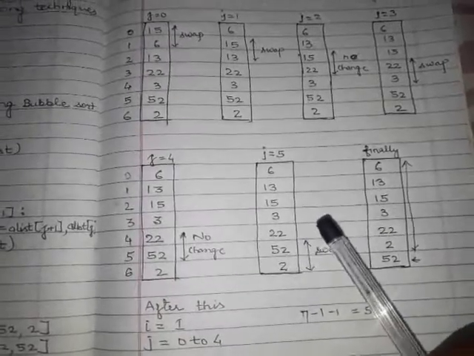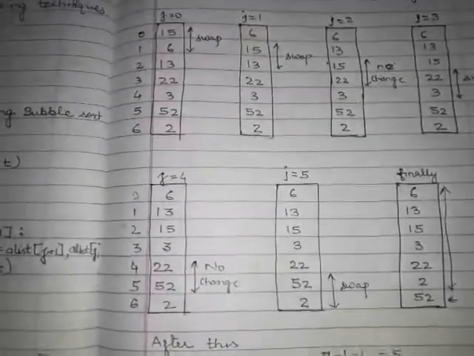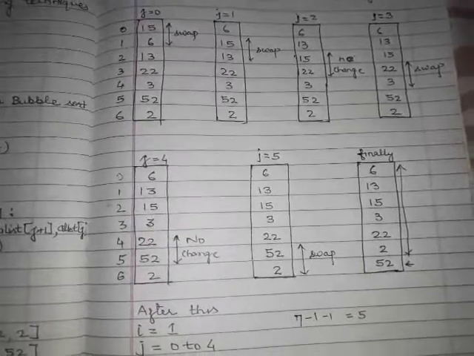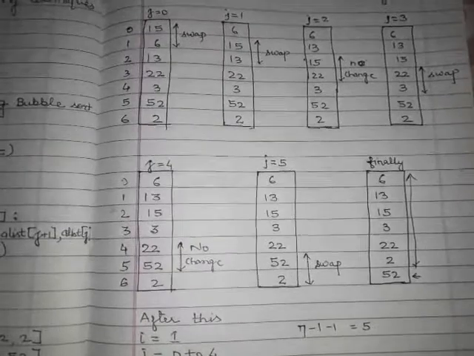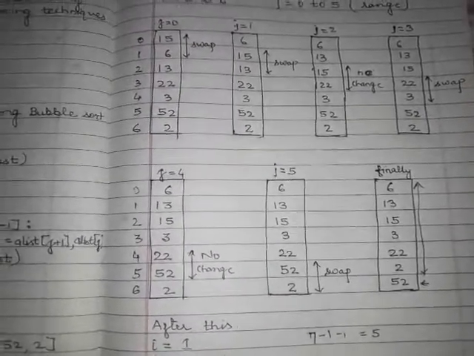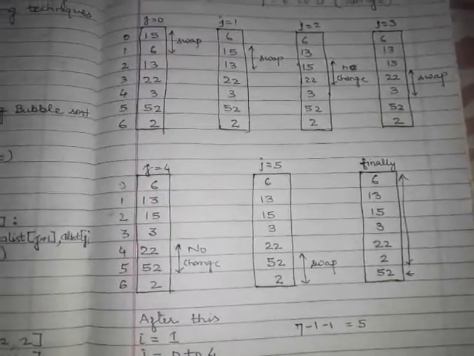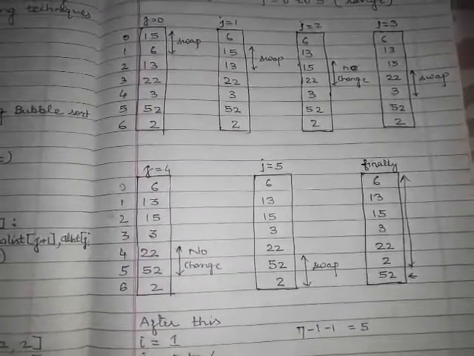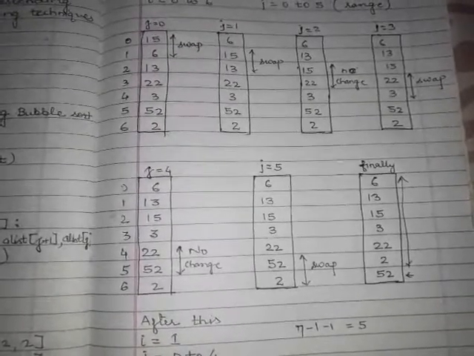Okay, and next time we will discuss selection sort, or I think insertion sort. I will see it in the syllabus, and after that we will discuss data structures. In data structures the syllabus is reduced. Previously we had stack and queue, but now queue is removed from your syllabus, only stack will be there. So in data structures we will study stack operations, pop, push, all these types of operations. Before that we will discuss what a stack is.